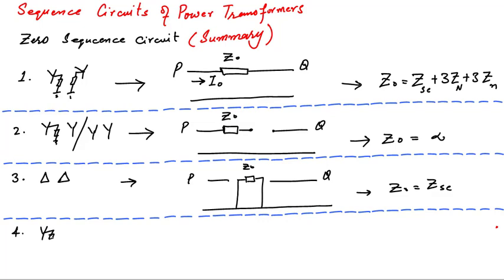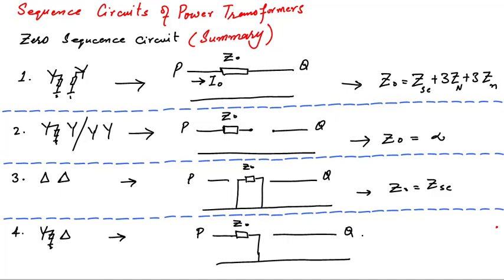The fourth case was a Y grounded delta transformer. Its zero sequence circuit is shown here. It is connected to the reference on the side where we have the Y grounded winding, and this circuit will be open on the delta side. It means zero sequence current can exist on the Y grounded side, and its counterpart will get induced within the delta and exist in the form of circulating current. But this current cannot go out into the line current from the delta, nor can it flow from the line side into the delta. That's why this open circuit shows that current cannot flow across the transformer in this configuration.